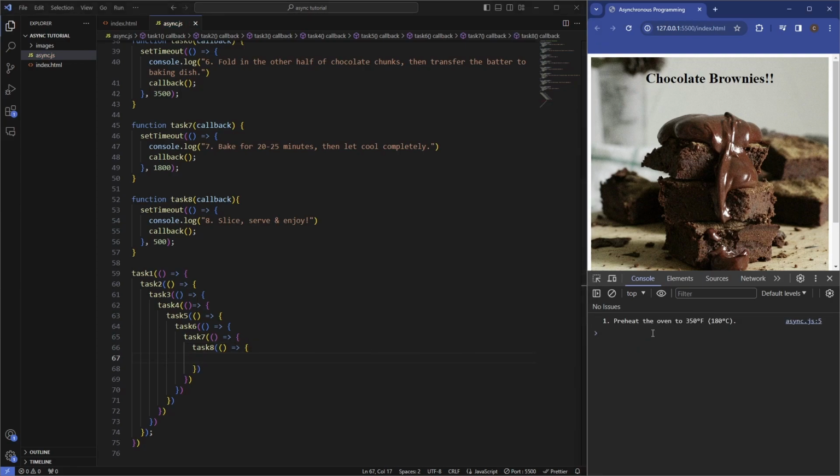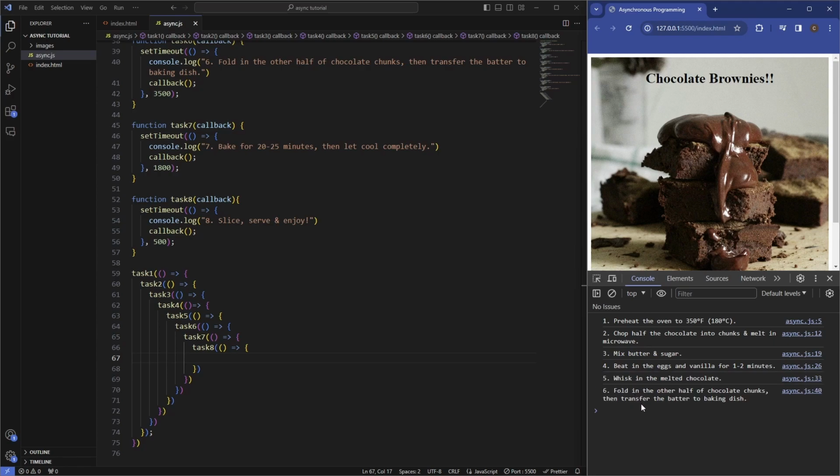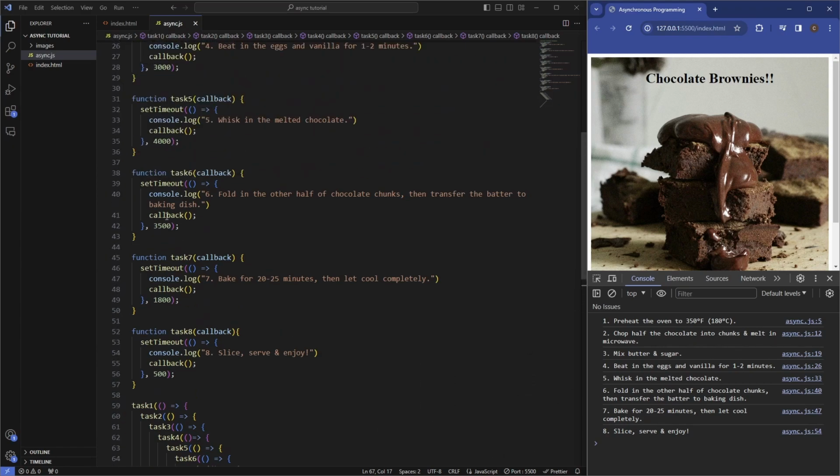So if you take a look at the console now, you can see it's starting to load in the correct order. So it's going to load task 1. Once that's done, task 2, then task 3, task 4, task 5, task 6, task 7, and task 8. And you can see it was taking the amount of time that we've actually included in this callback in the set timeout function. So you can see task 5 there took the longest because it was 4 seconds long, or